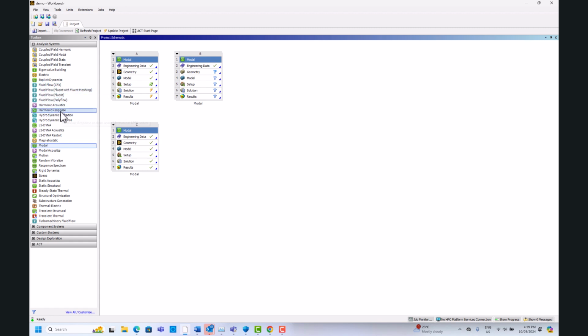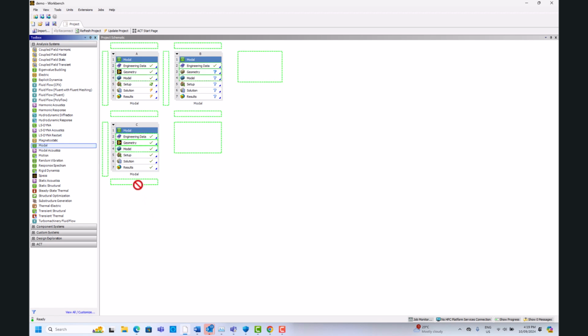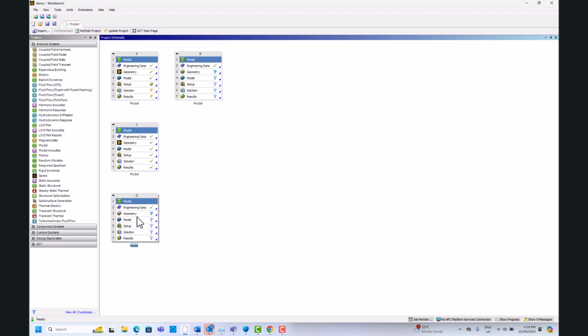All these things are in one place, and you can model different things in one file and link them together, which is very useful. In our case, we want to start with this modal analysis, which gives you natural frequencies and mode shapes. Okay, so all you need to do is just drag it into your workspace,